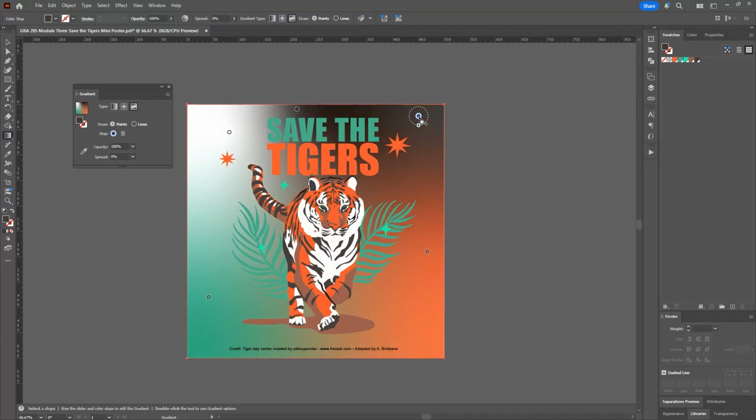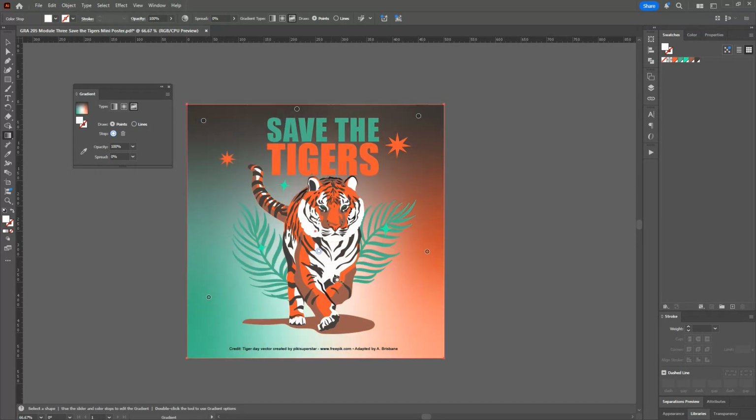You can also click and add points. Let's put this white behind the tiger to really highlight them. And you could do something like that if you don't want to have kind of that flat